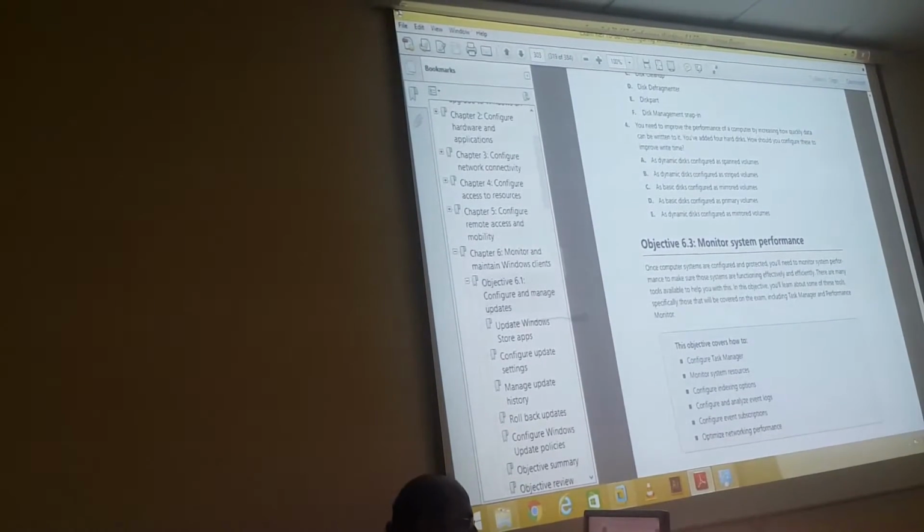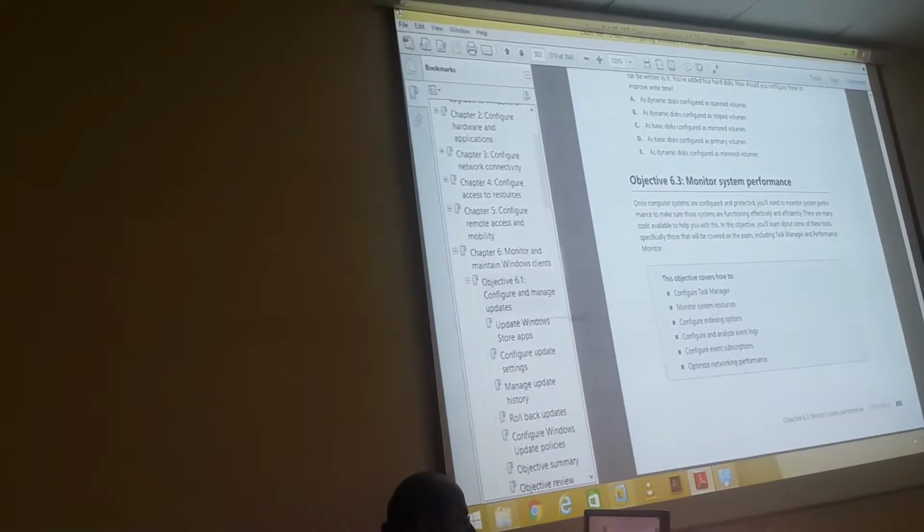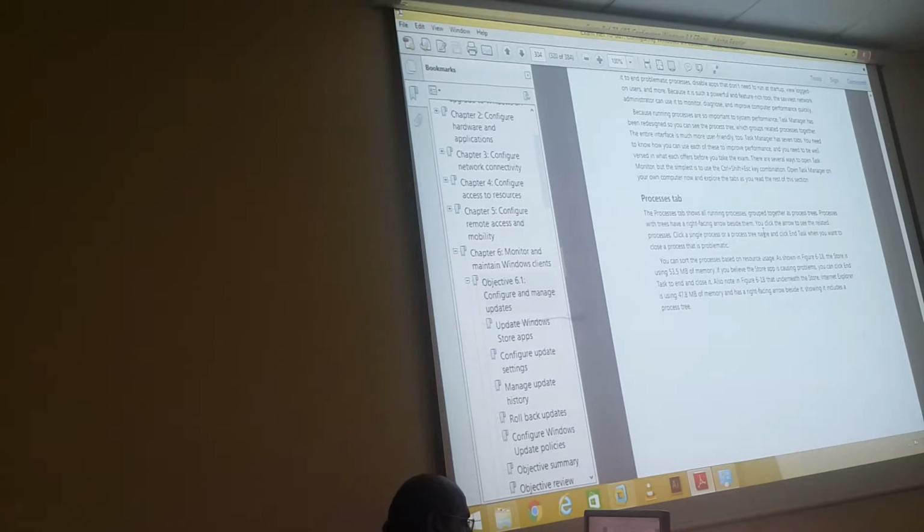So normally we use Task Manager, right? And normally we use Task Manager when something is not responding, it's frozen. So what do we do? We press Control Alt Delete, and we open Task Manager. Instead of doing Control Alt Delete, we can also do Control Shift Escape. That will also give the Task Manager. As you can see here,